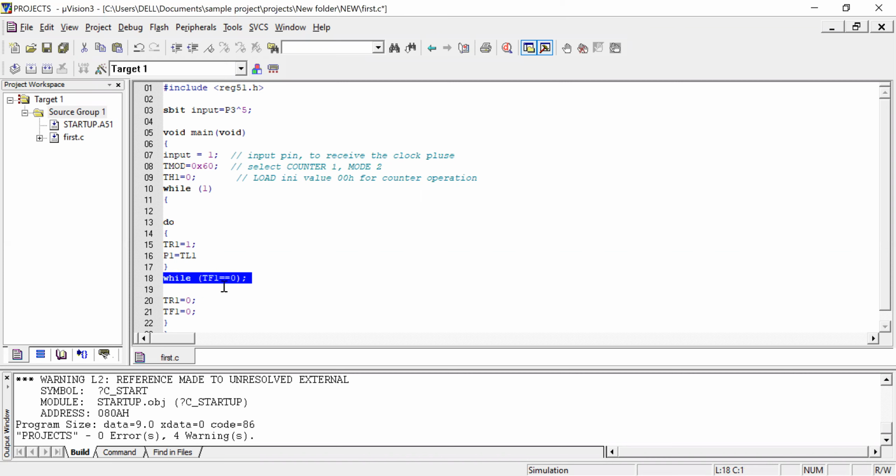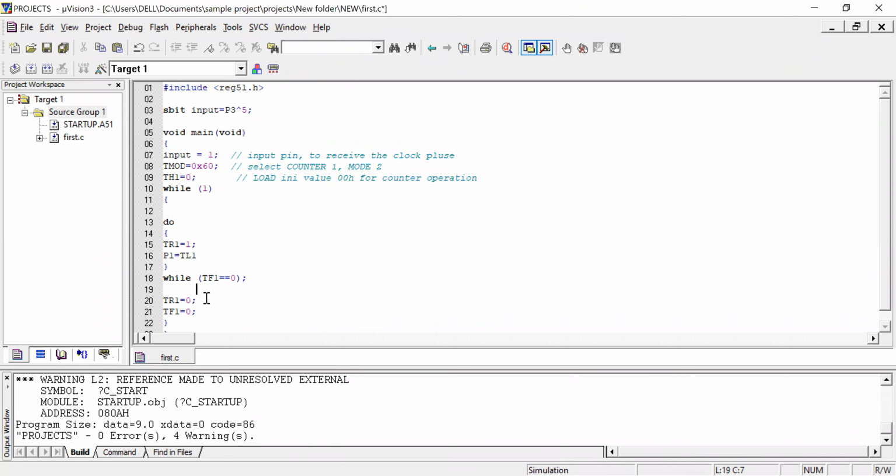Wait till the flag is set. The flag will be set when the TL1 register rolls over from FF to 0, that is, you require at least 256 pulses so that this flag will be set to 1. This is a basic condition we have to provide, but in a real-time application, it would be different.